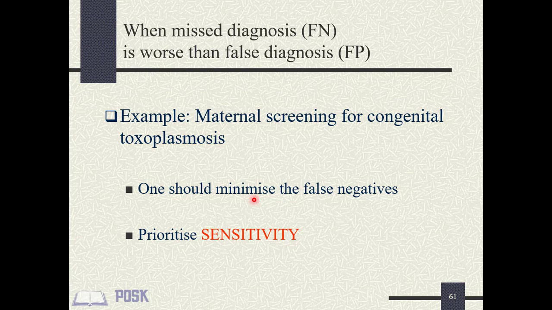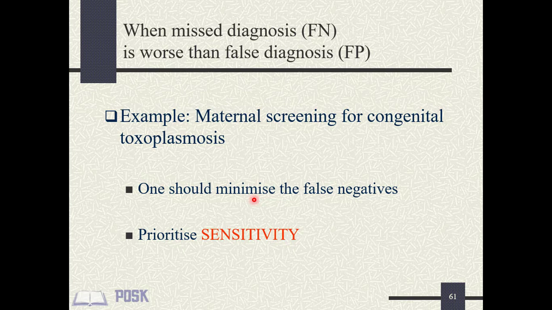Let's look at the following example. In the screening test for congenital toxoplasmosis, which one would you rather have? Reduce the threshold to increase sensitivity, which means you will capture more of the cases with the disease, but at the expense of increasing the number of those who do not have the disease but are identified as positive by the test. In other words, you increase the true positives while you also increase the false positives.